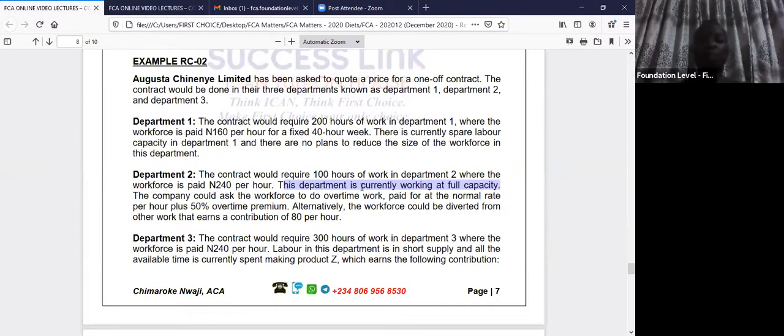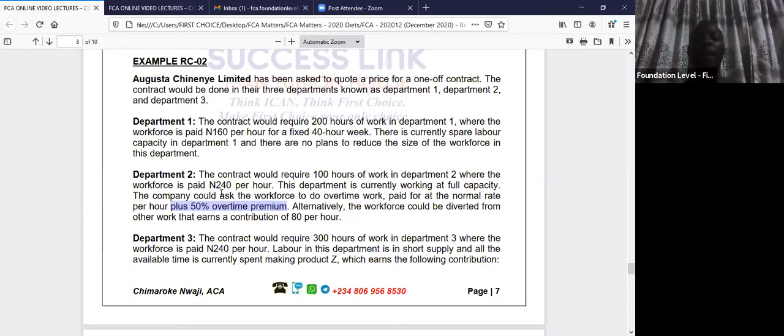Let's read on. The company could ask the workforce to do overtime. So overtime is possible. That means the overtime rate applies, paid at the normal rate per hour. What is the normal rate? 240 naira is the normal rate plus 50% overtime premium. So you add 50% of 240, that is 120. 120 plus 240 is